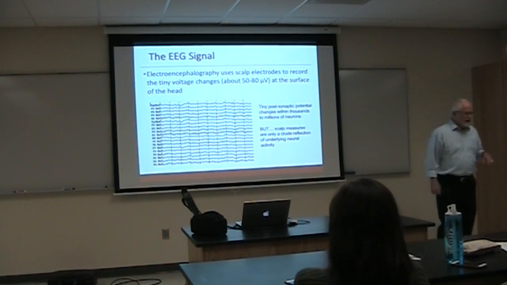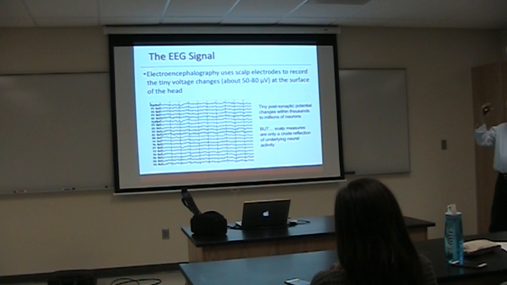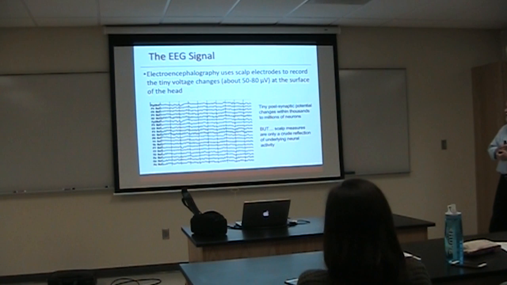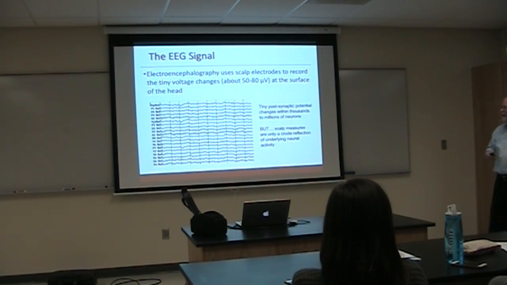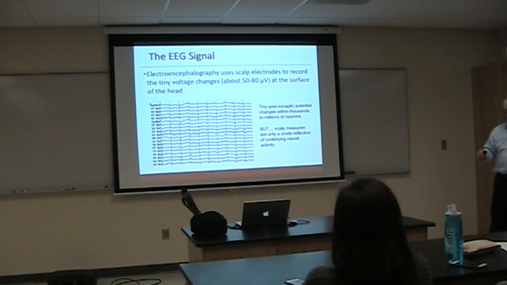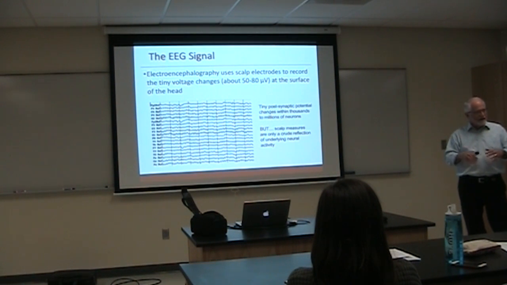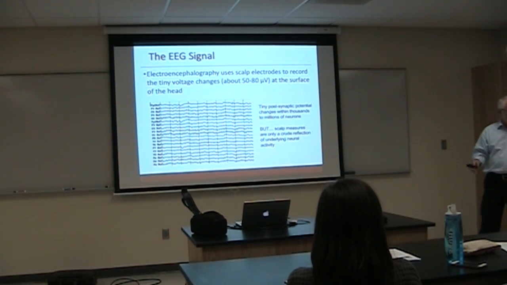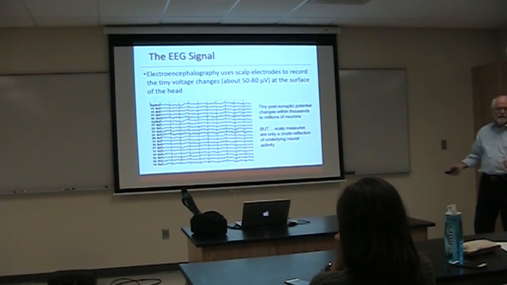Okay. So the EEG signal, electroencephalography, uses electrodes right on the scalp, and it records the very, very tiny voltage changes that are obtainable at the surface of the scalp. So we have to recognize right off the bat that we're not measuring an individual neuron's activity. We're not even measuring a group of neurons. We're measuring the combined activity of millions of neurons, and therefore it gets a little tricky interpreting exactly what that